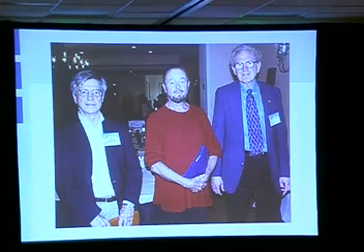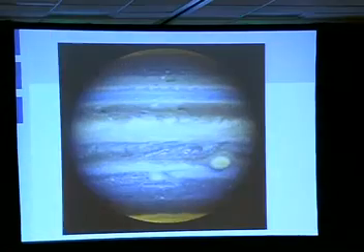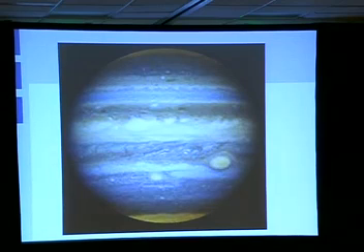Then we had some of Ingo Swann's viewings. Ingo, seen here in the center, was one of the first, I would say, off-planet viewing projects that I know about. He was able to view Jupiter before the Voyager mission got out there, and was able to describe features of Jupiter that had not been perceived yet, including rings. And later on, Voyager did perceive that. So it showed that remote viewing does work even at very large distances.